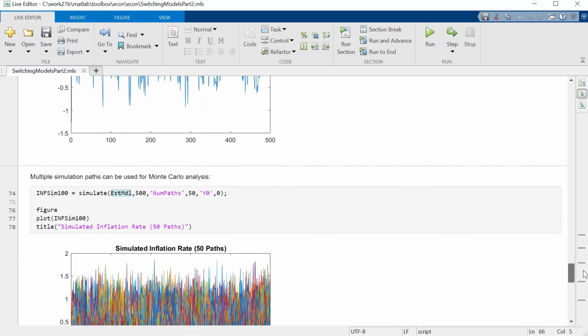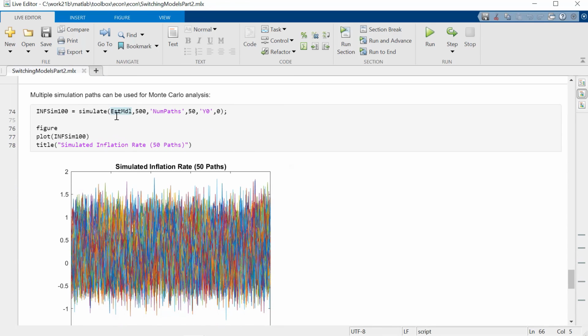And if we run the simulation command multiple times, again, inputting the estimated model, running it for the same number of time steps, but now asking for 50 different simulation paths, all starting at the same initial value here for the autoregressive terms. Plot them all, we get a plot that essentially shows us that there's not a great difference from simulation to simulation. The kind of uniform density here in the displays of the different plots shows us that pretty consistently from one path to another, we get data that looks like the single simulation that we did